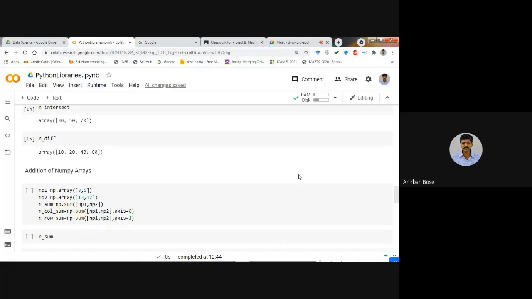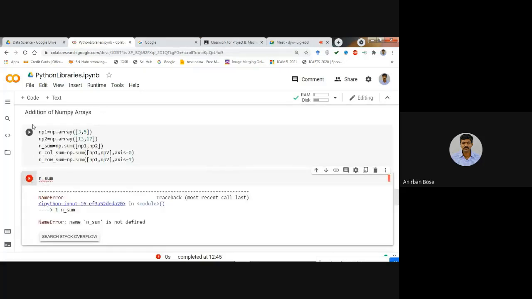And suppose you want to find only the column sum. In that case, you write np.sum, pass the two arrays np1 and np2, and write axis equal to 0.